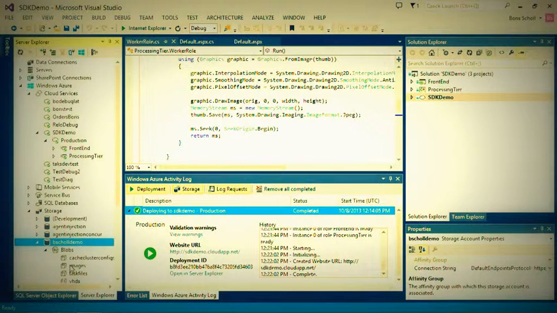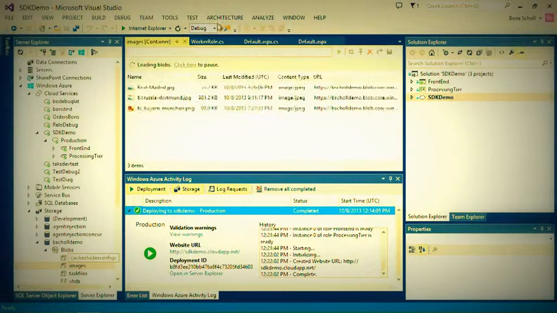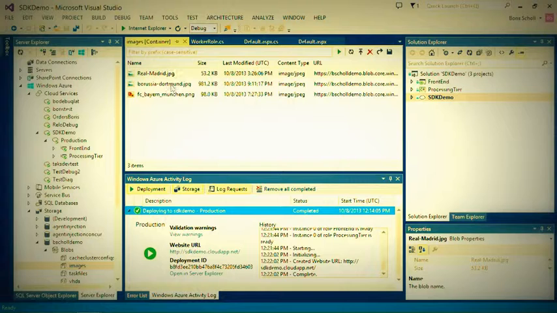If I go to the blob service here, I can see the images. I already have a Bayern Munich image in there, and Real Madrid. But what's really missing here is the thumbnails. So obviously something is really wrong in my service. So what I can do now is